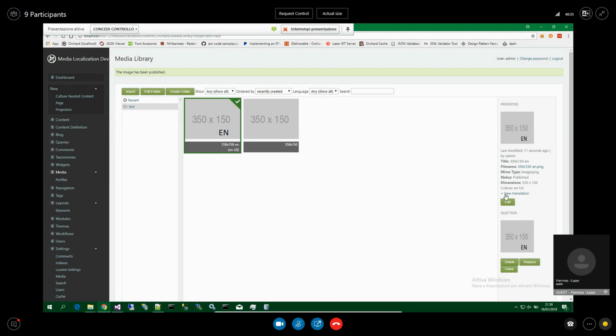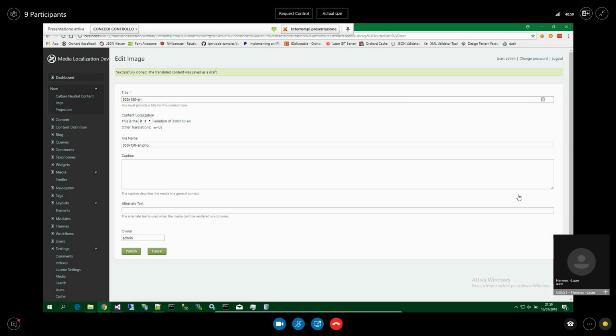Because of the presence of the localization part on this media, I can make a translation of it. It appears with the classic localization part UI. When I click on New Translation, what it does is clone the metadata and save it.